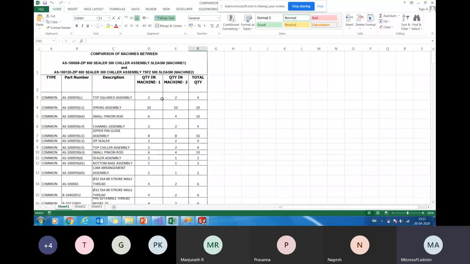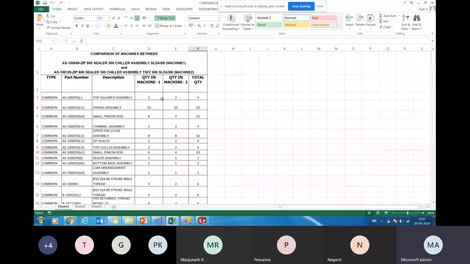Right now we are doing the part numbers. We are comparing two part numbers. If they are the same, we put it in the category of common. If the two part numbers do not match, we compare to the n level. We are checking from 0 to n level if this part number is available.